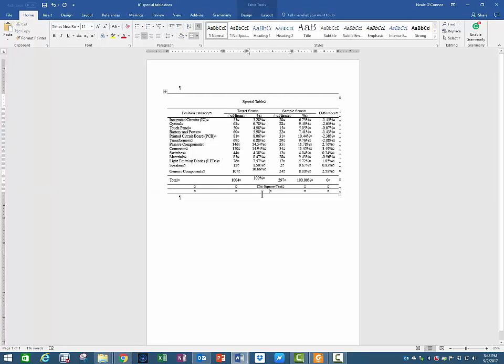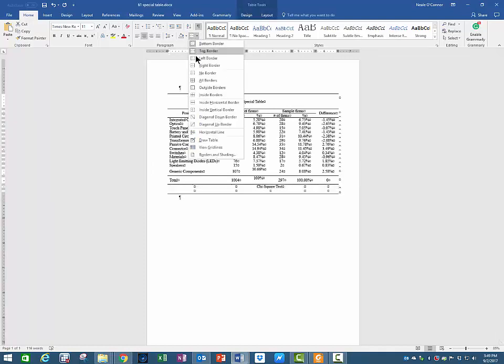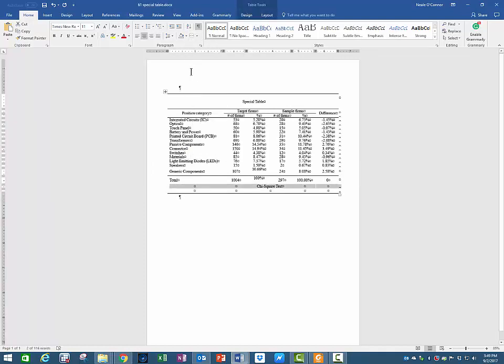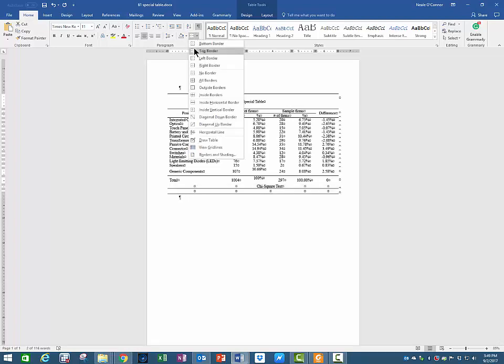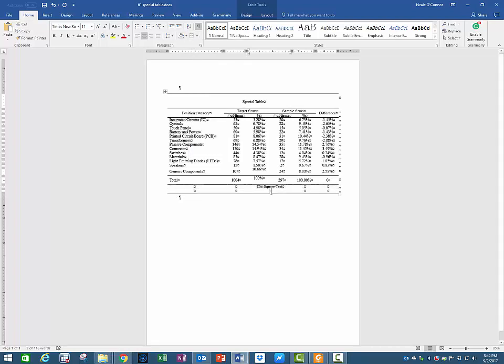Now we might have to push that up. We may push it up too far, but I think that's fine for now. What we want to do now is not necessarily have all of that row taken up with a line. We may want to get rid of that line, so we're going to go 0, and then we put in a top line here. Okay, so now that's looking much better, and we can decide to add in 2 more